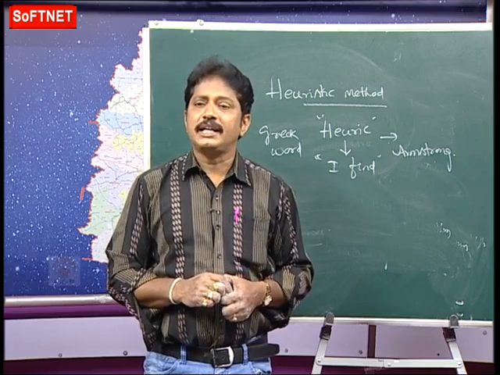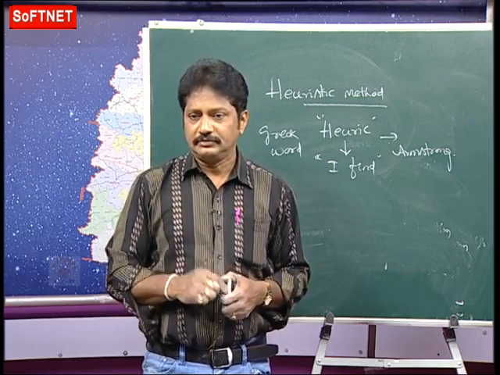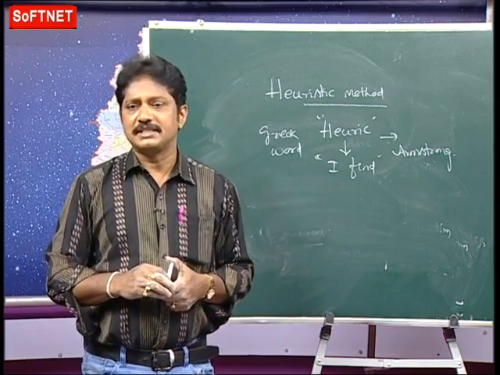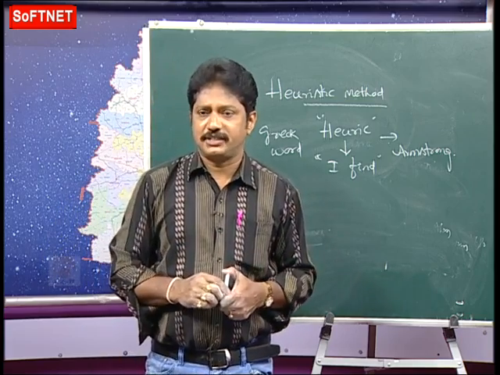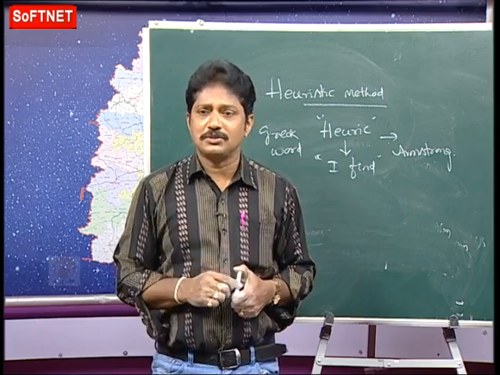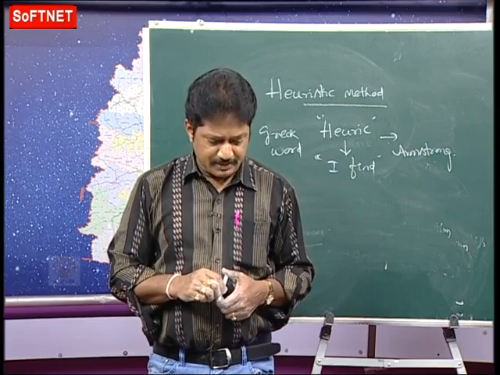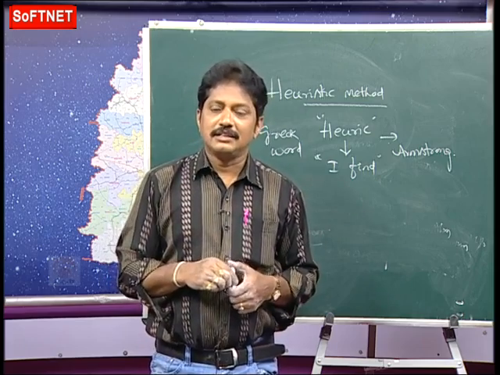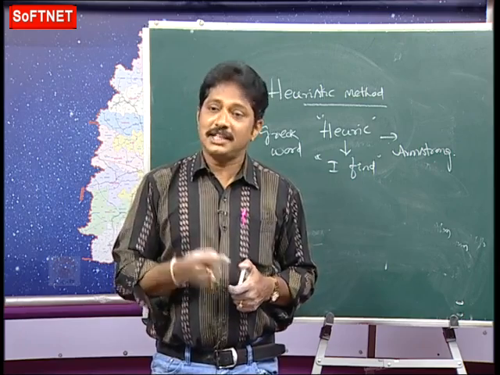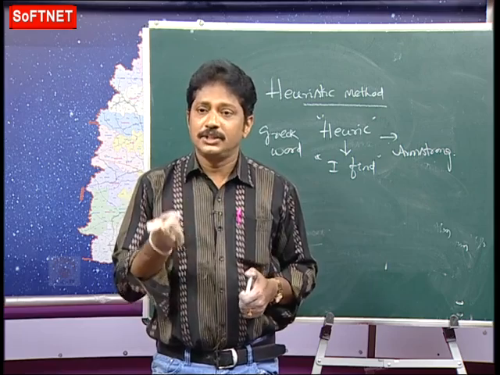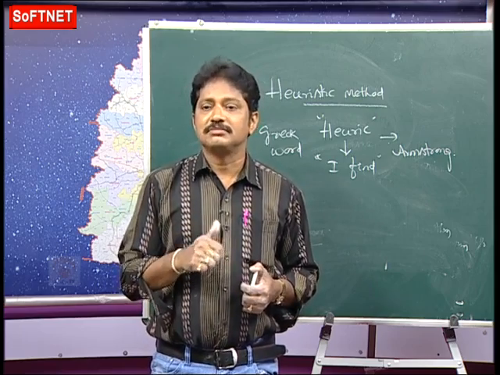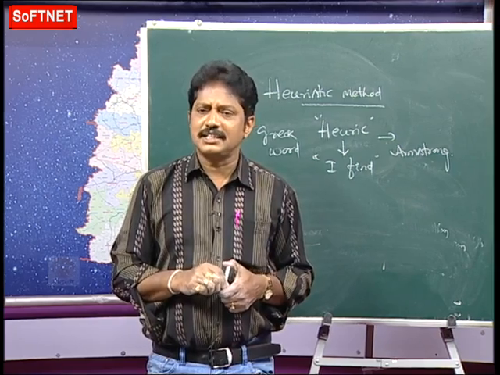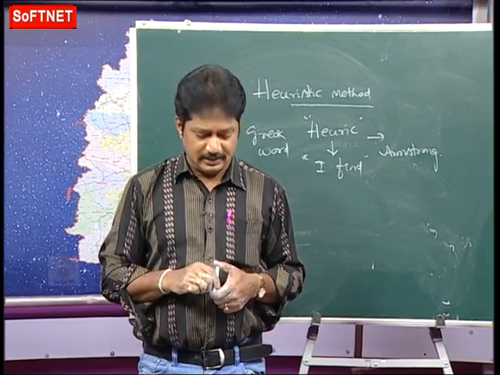It is totally against the lecture method. In the lecture method, the teacher is totally active, and delivers a presentation without considering the understanding levels of the children, correct? But the heuristic method is completely opposed to the lecture method, and the student is active, teacher is passive. That's the difference. In the lecture method, teacher is active, student is passive. In the heuristic method, student is active, teacher is passive. That's the difference between them. It's a psychologically more advisable method. Okay, and